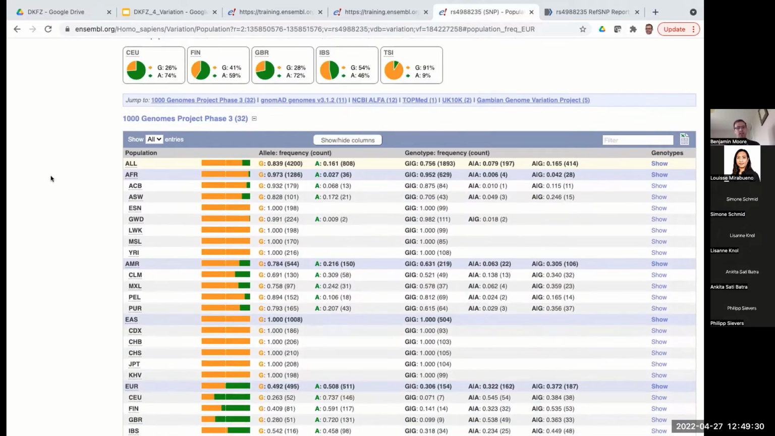In the table underneath, you can see a similar type of data, but represented in a tabular form. So you can see all the populations here in the column side, and the chart presenting the allele frequency observation. So G is found, as we said, at 84%, and A is found at 16%. Now, it's important to remember that the 1000 Genomes Project